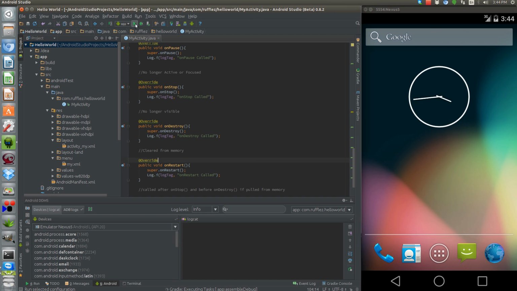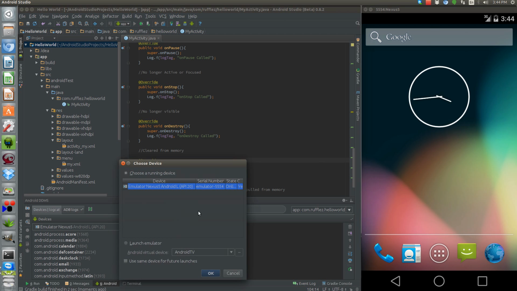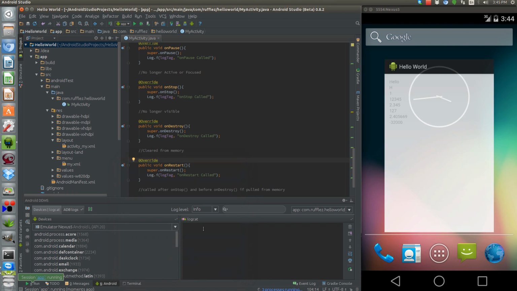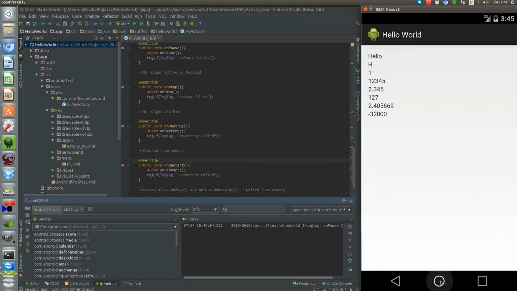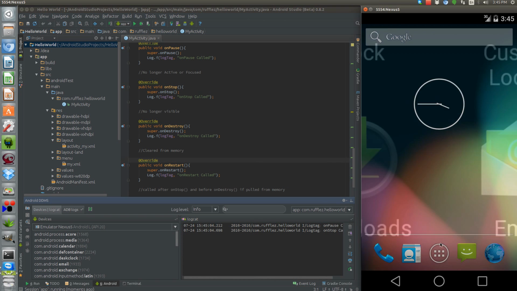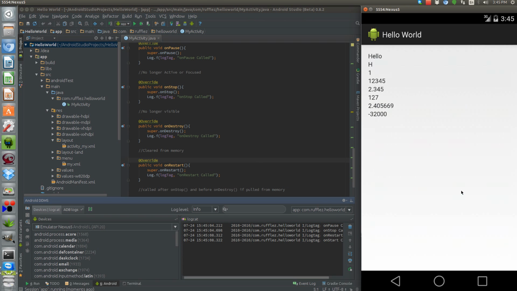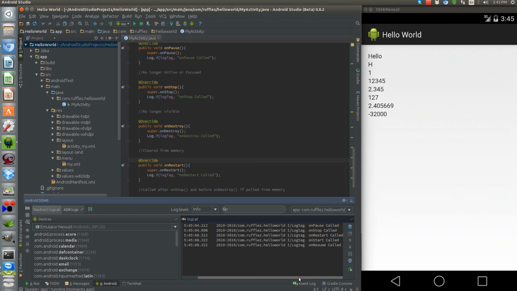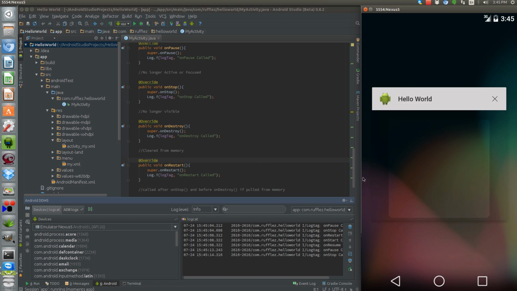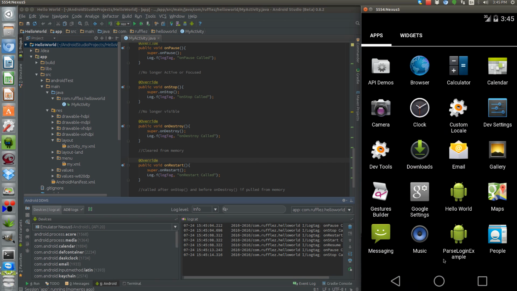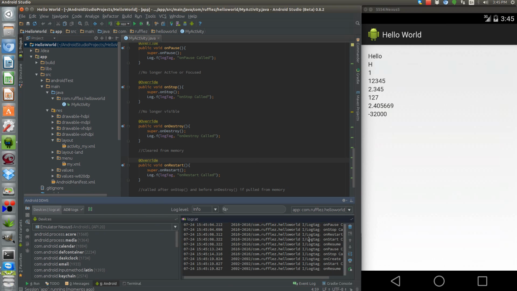So when we launch our app in the emulator, in our logcat, I don't know why it doesn't want to. We'll launch it again from the launcher. You can see we'll clear it. So when we launch it from a fresh start, we have down here onCreate, onStart, and onResume